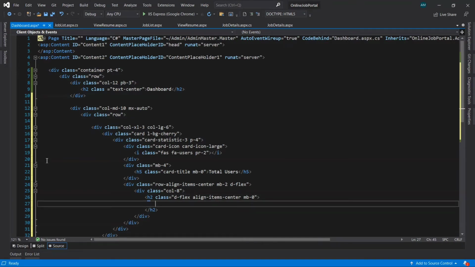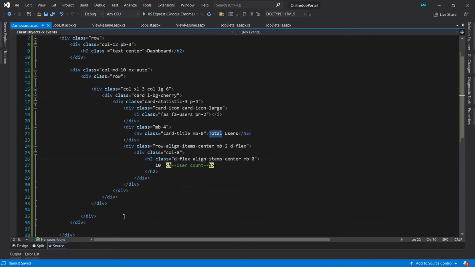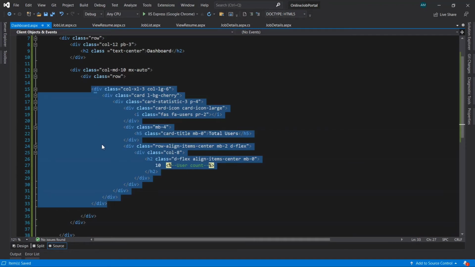So here we'll take the session part, where the total count is going to be displayed. Right now I'm going to take some dummy data here, and then we'll display it from the database. So right now we'll take some dummy data here. Let's comment this part so that we will know this is the count of total users. Okay, so let's copy this whole div from here to here. Let's copy